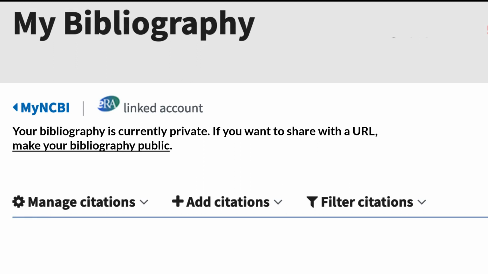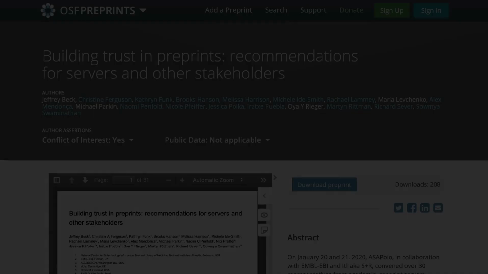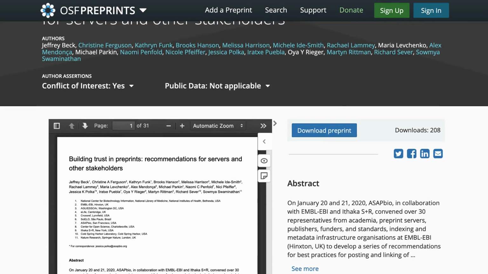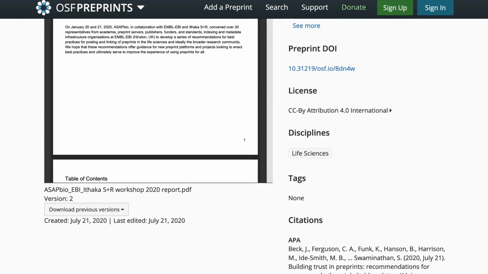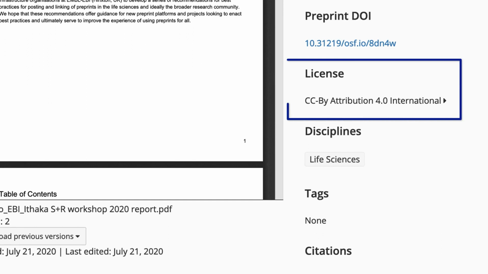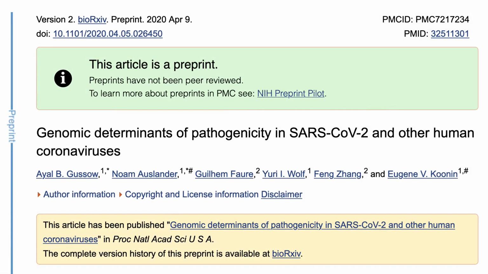A few reminders for NIH awardees. You are not required to post preprints, though if you choose to do so, the NIH strongly encourages you to select a Creative Commons attribution license, or dedicate your work to the public domain in order to maximize the impact of the work. You also are asked, in the text of the preprint, to acknowledge NIH funding, clearly state that the work is not peer-reviewed, and declare any competing interests, as you would do for a journal article.